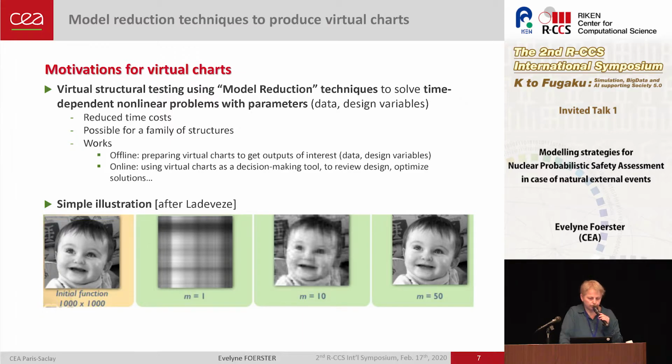So we want, for instance, to use virtual charts as a decision-making tool when there's something ongoing, in order to be able to act as fast as possible. So the reduction techniques are very valuable in this sense, and very useful for virtual charts production with quite reduced